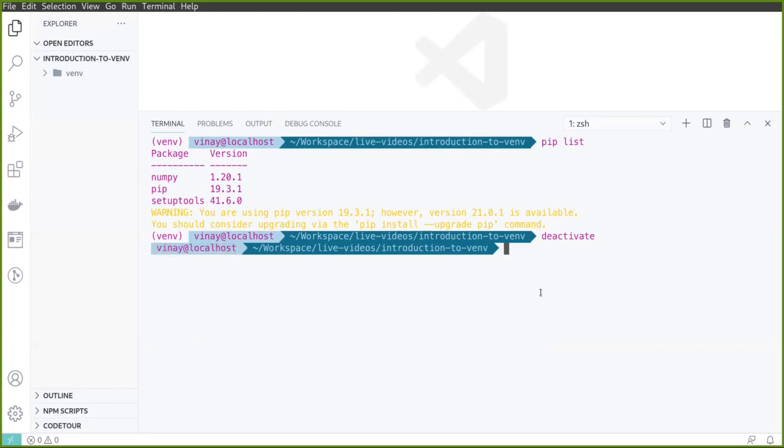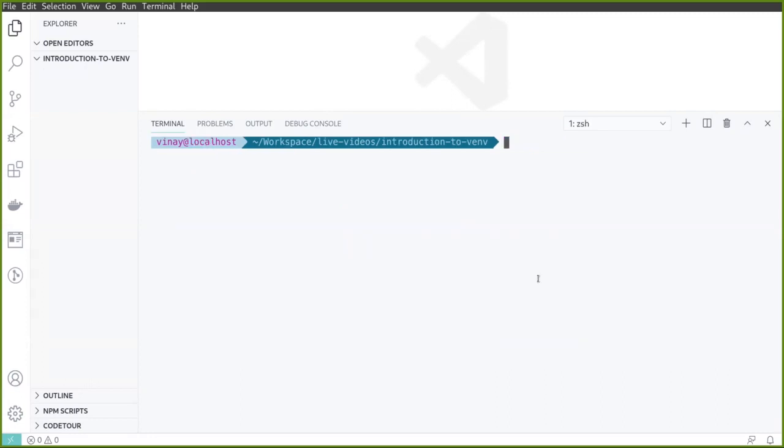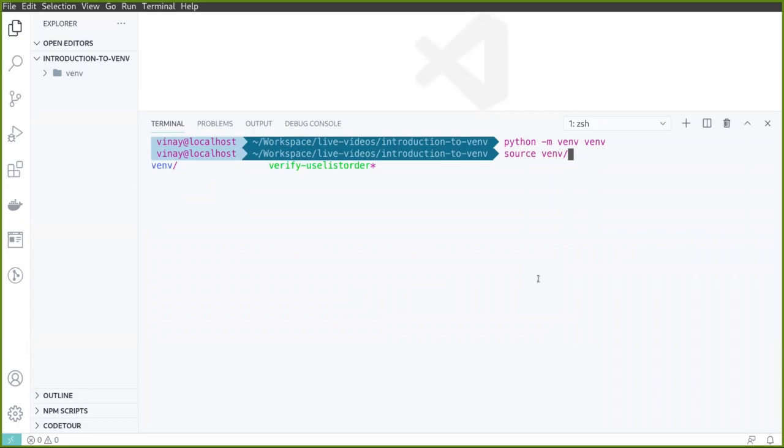And in case you need to delete this virtual environment, we just need to delete this folder. We can directly delete it or just use the terminal, and this will delete it. So let us create the virtual environment again. python -m venv, and we have created this virtual environment, and let us activate it. source venv/bin/activate, and let us simply install some packages. Let us install NumPy and Pandas.